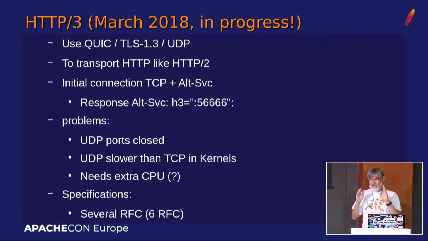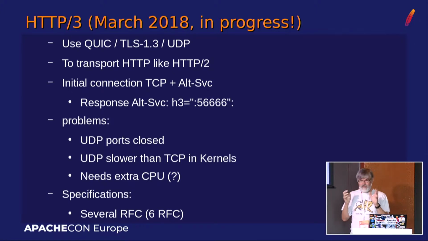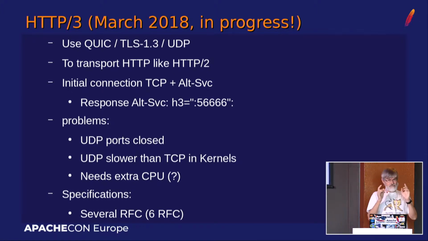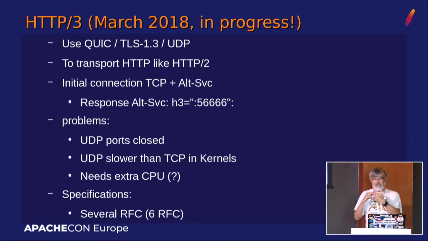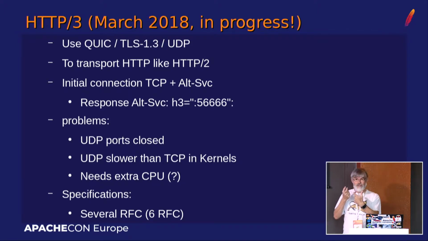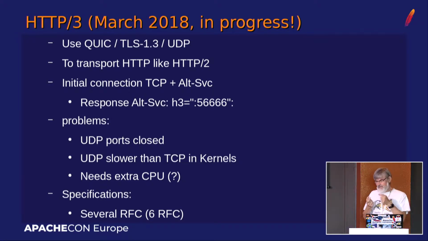With TCP/IP, if one packet is lost in the middle, it's going to block everything until this packet is repeated. Definitely it works a lot better when you use H2, but still, if you lose one packet, you are in trouble, and you're in trouble in all your connections. So a new idea was developed. Why not use UDP?